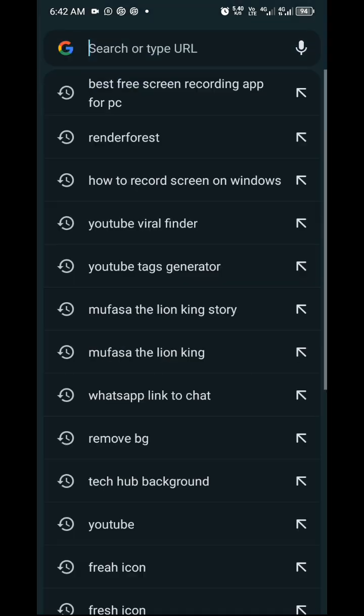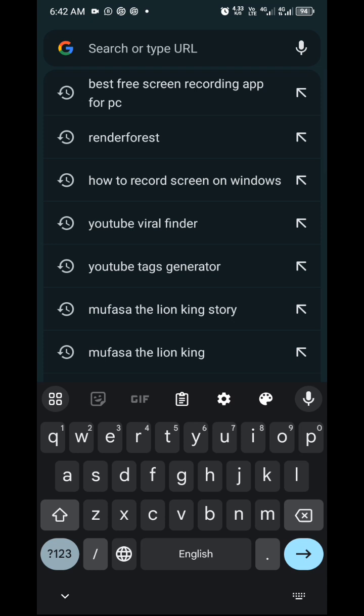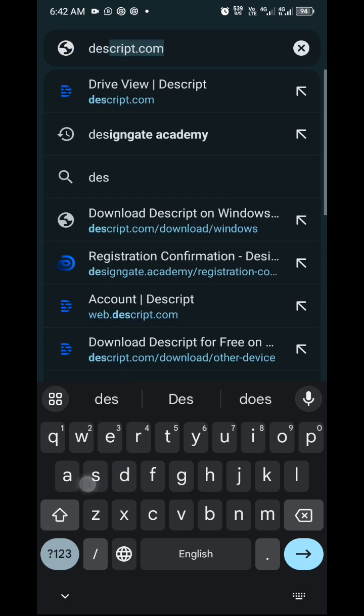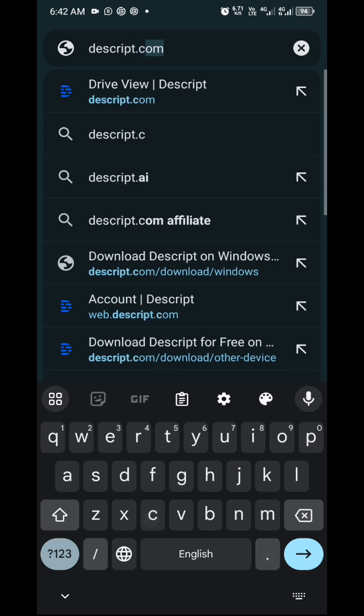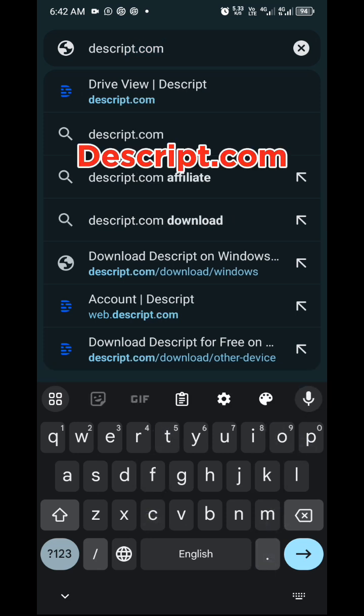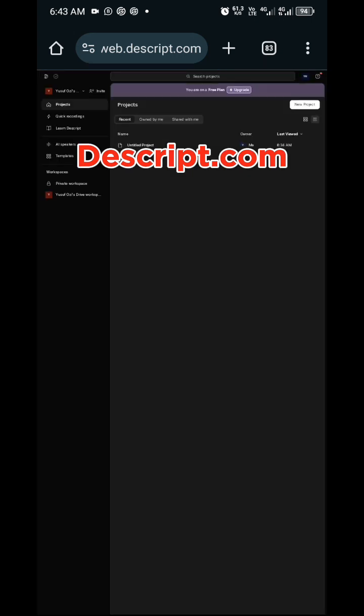Okay, in this search bar or type URL, the name of the website is Descript, D-E-S-C-R-I-P-T.com. Descript, just like you are writing description, but add the ION at the end. So descript.com, click on go. It will bring you to this site. So one thing with this website is that it's very easy to use, very accessible, but